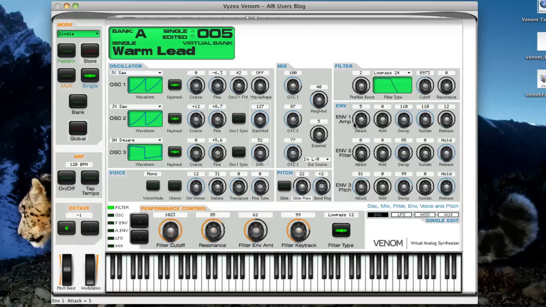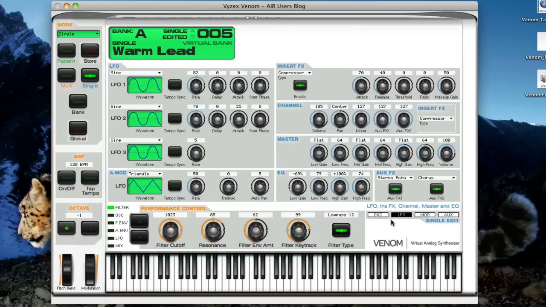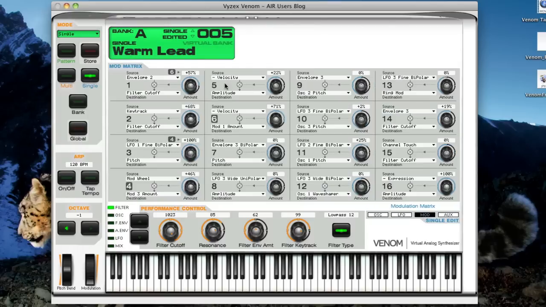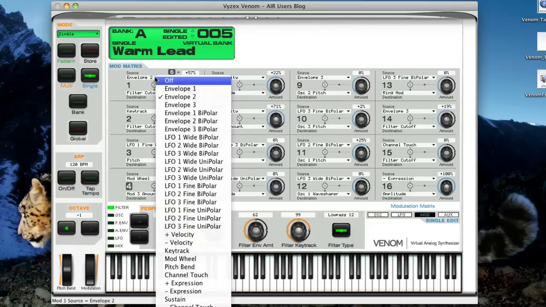And so there's your amp envelope, your filter envelope, and your pitch envelope. And then you hit this button here, you get all the LFOs. Now the LFOs are then assignable in the mod matrix page. Now the mod matrix means I can take virtually anything, right mouse click, and then assign